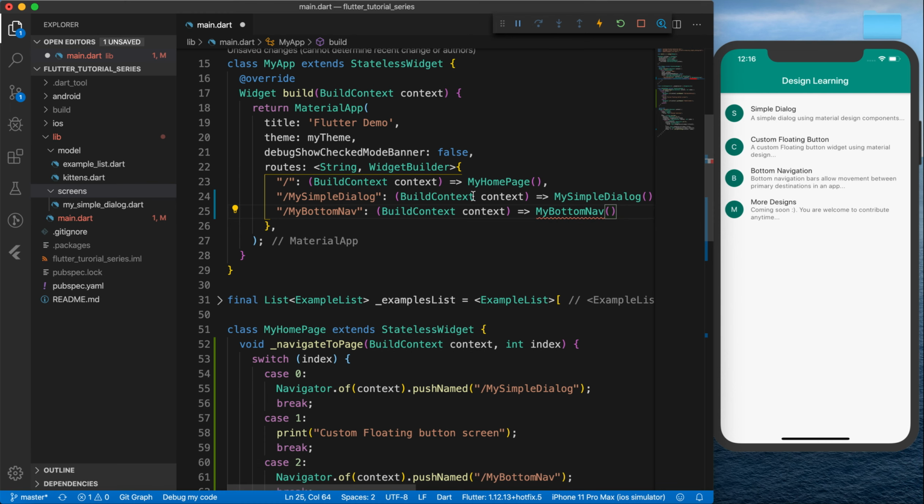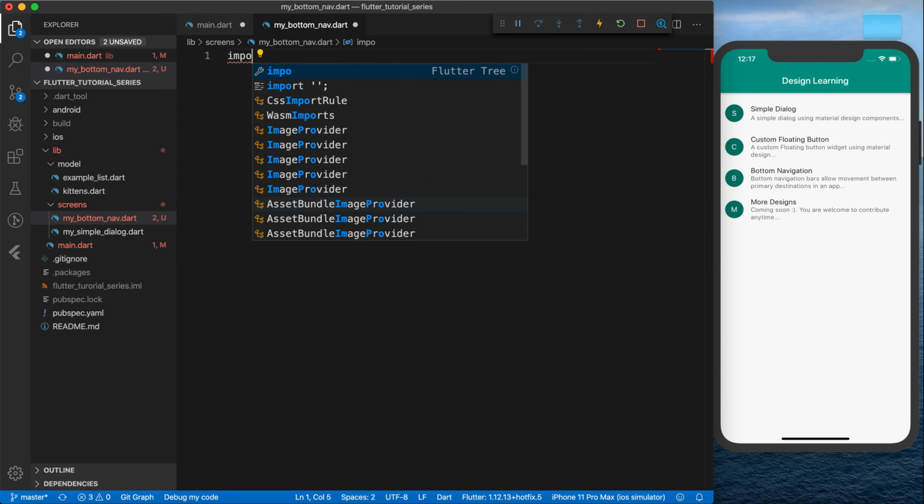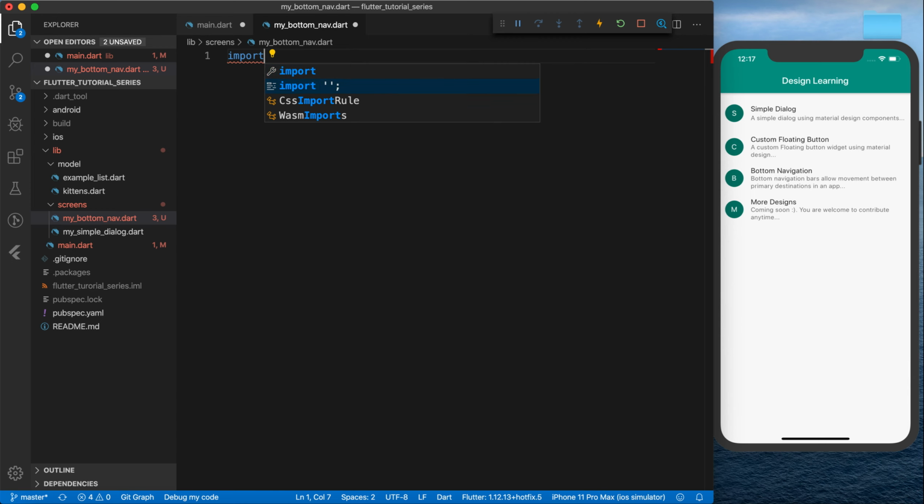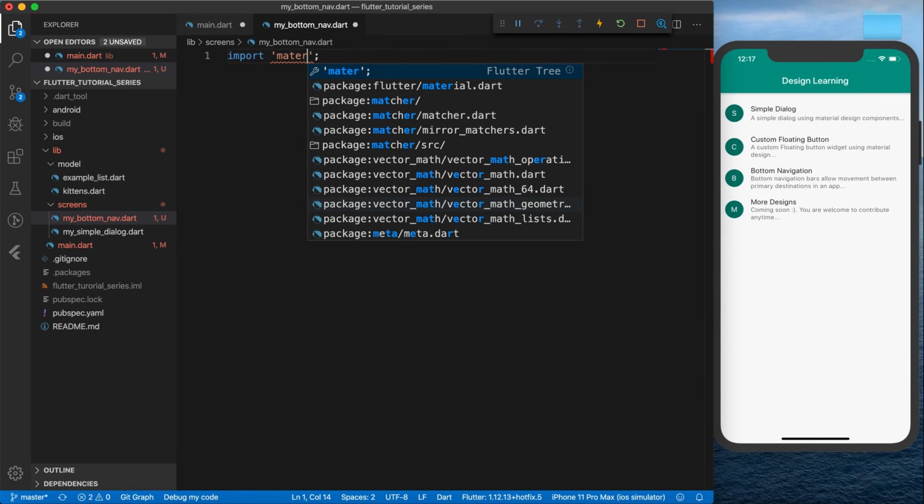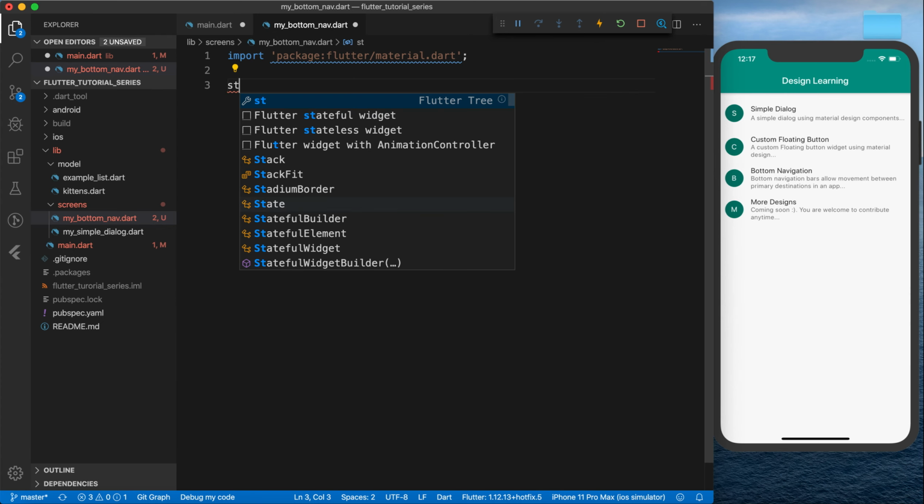We will create this my bottom nav inside the screens folder. So let's create it quickly. My bottom nav dot dart, and inside that we will first import material dart, and we will create for my bottom navigation, let's create a stateless widget for now